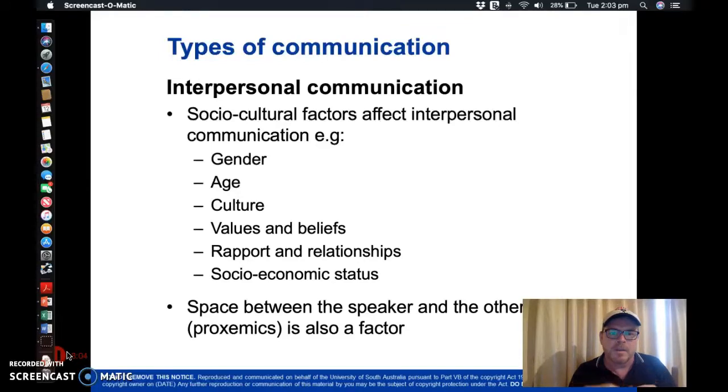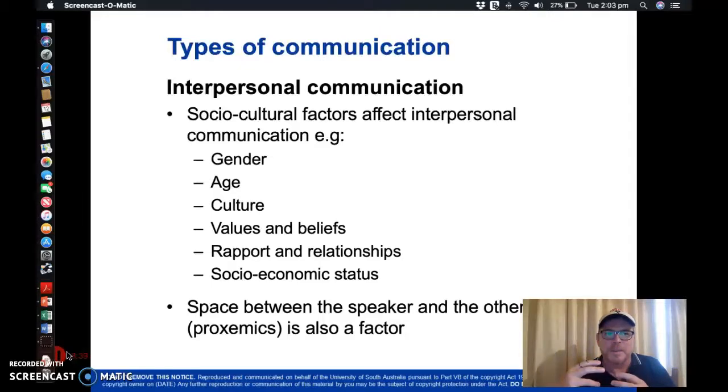Also, things like gender. So, do you interact interpersonally the same way with your mum as with your dad? Oftentimes in Australia, we tend to treat them not too differently. In some other cultures, it's very different how you communicate with your mother versus your father, and I know that in my grandparents' generation, it would have been very different to how it is now. But also things like